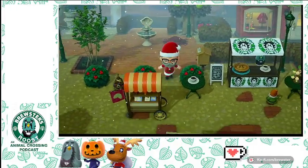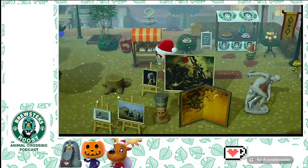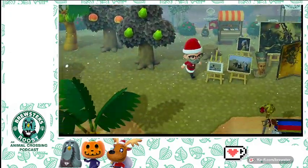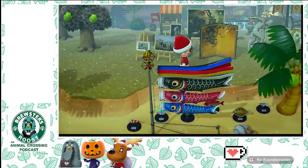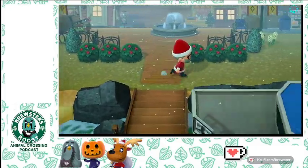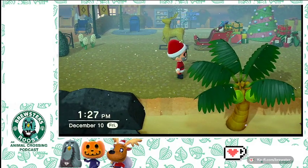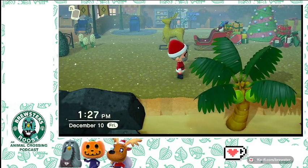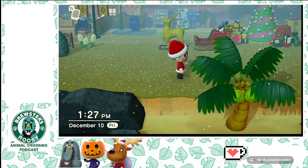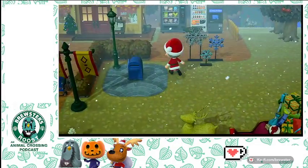I don't really know what to do with some of the stuff that I have. Like, these are all some extra art pieces. Most of them are real. There's a couple of fakes in here. But I did hear a good tip. I forget what I was watching, but someone was saying, you know how you can't sell artwork if it's bad or not real, and you can't do anything else with it, but one of the things is if you go to a mystery island, just drop it off. Just empty your pockets there and leave, which...